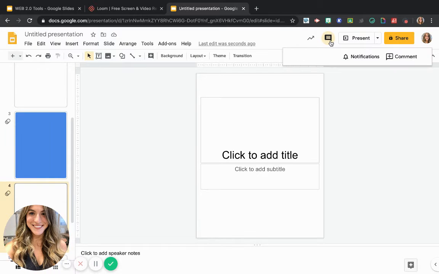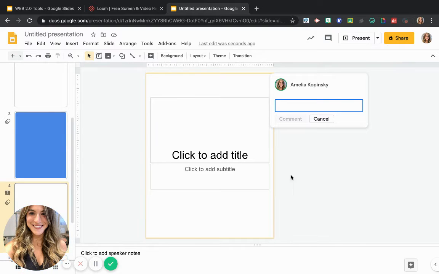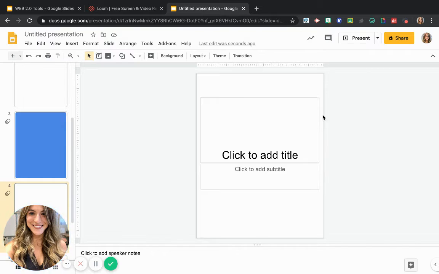And then this is where you can add comments. So if you click here, you can click Add comment. Like if you're grading an assignment for your student, you could make a comment such as, this isn't a complete sentence, or you need to add a capital here, or I'd really like to know more information. Or if it's a math problem on a Google Slide, you could type the right answer in the comment, or you could say, great job, you did awesome. This is really great work. I really like how you added this. So the comments section is really helpful. I like using that with my students,